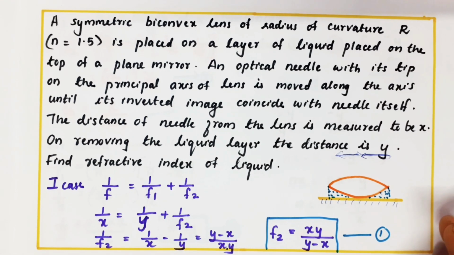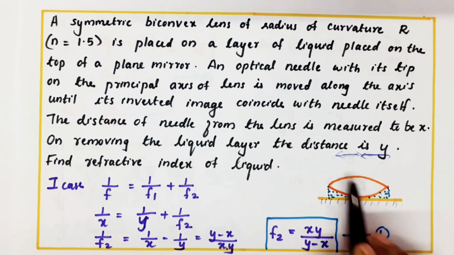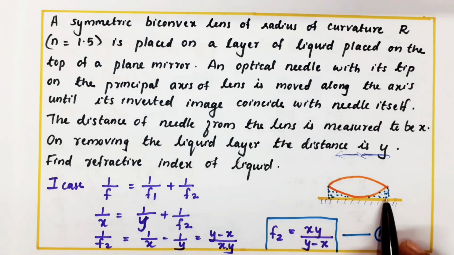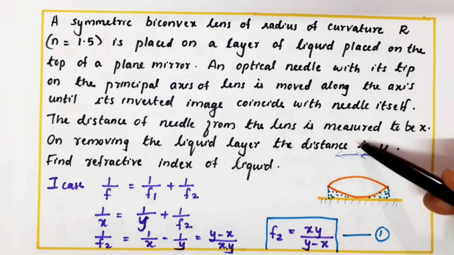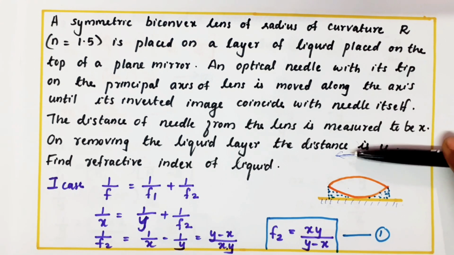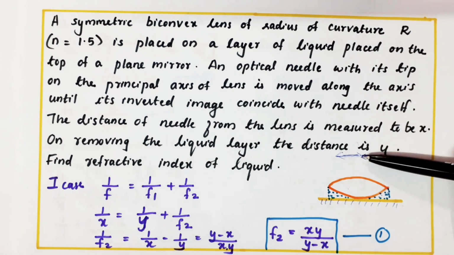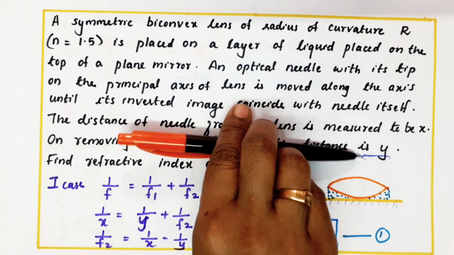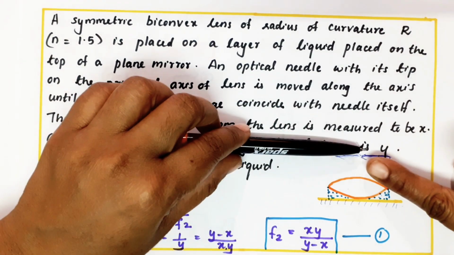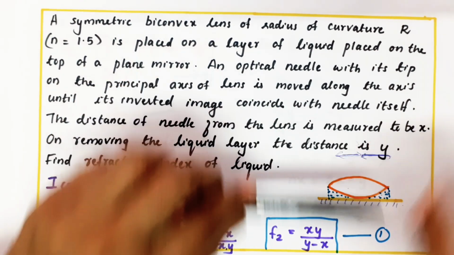The meaning is you have a plane mirror. One liquid I am filling here, or one liquid we are placing over the mirror. After that, above we are keeping a lens. Okay. Then here you are keeping an object, for example, a needle. Then we are seeing where the image of the needle comes. As this is the object, the image should coincide with this like this. So both object and image should coincide, both in a line.